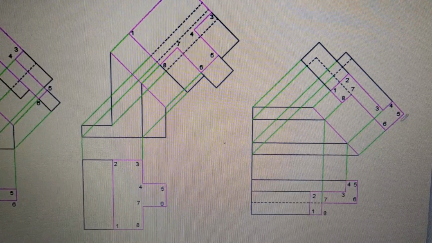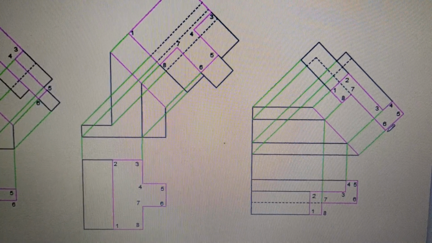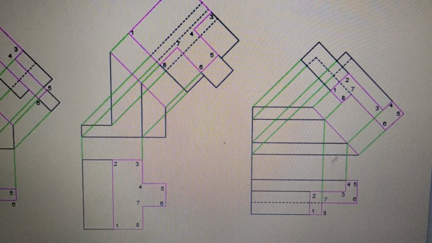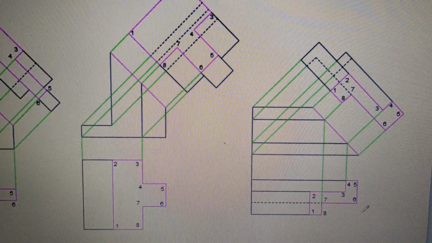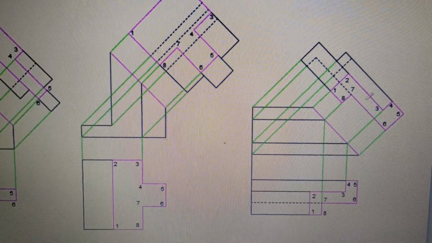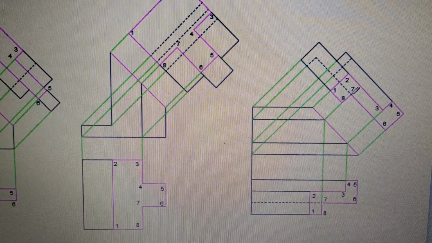5 to 6 is not going to change. So from this 5, come here and draw point number 6. So this is your 6. Now where is 7? 7 is on this line, so draw this line like this. And 6 to 7 is along the XY line. So along this X1, Y1 line, draw this line, and the intersection will give you 7.